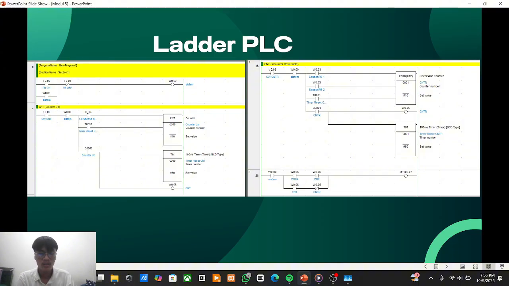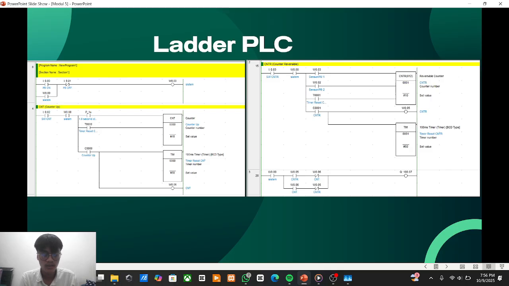Input E0.03, SW CNT, and E0.04, sensor, serve as the up and down counting triggers.